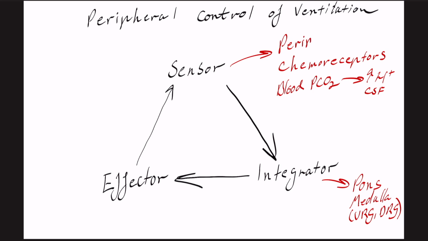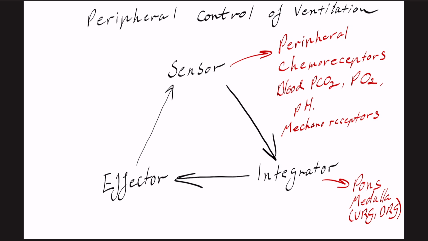Now, the peripheral chemoreceptors are slightly different in that they also sense blood PCO2, but more directly rather than indirectly like the central ones. But they also sense the partial pressure of oxygen in the blood and also pH. And then I'll also, at the end, talk about some mechanoreceptors for completeness. And then these all go to our integrator, which is in our pons and medulla, which lead to effectors, which lead to changes that our sensors then sense. And it's a negative feedback loop, or in a working system, it should be a negative feedback loop to then